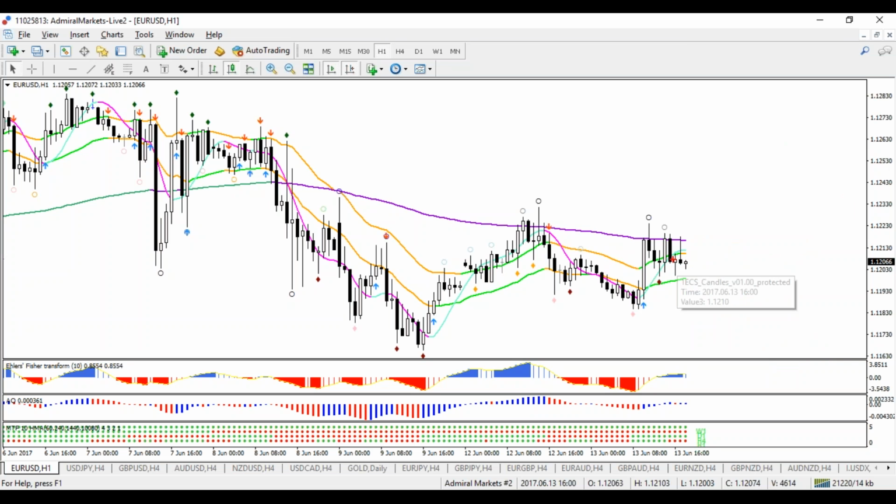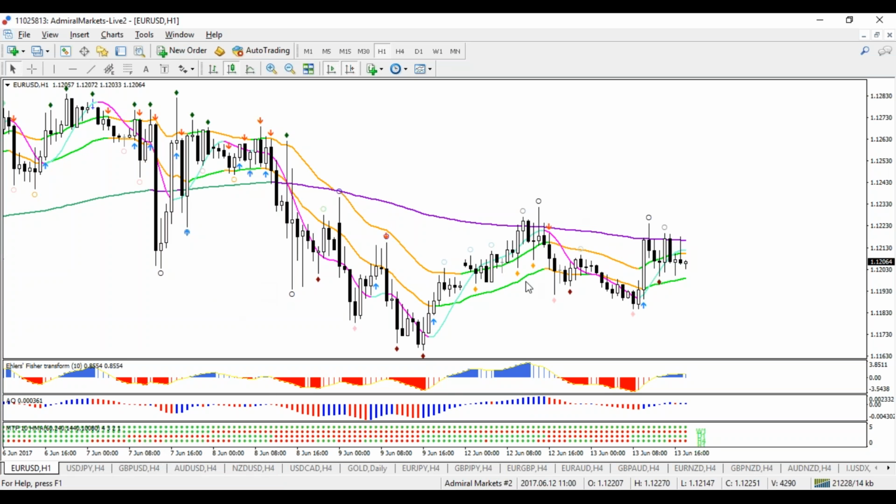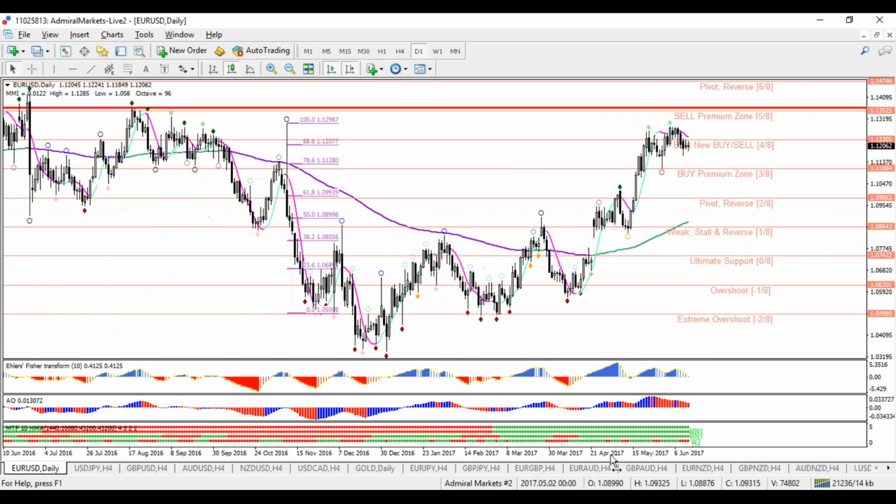So that is basically what I'm looking for. 4-hour candle upside, 1-hour candle downside for either a break to the up or downside. Now, generally speaking, not the best environment, I think, on the euro dollar, but that's our options, I think, for this pair. Daily chart,